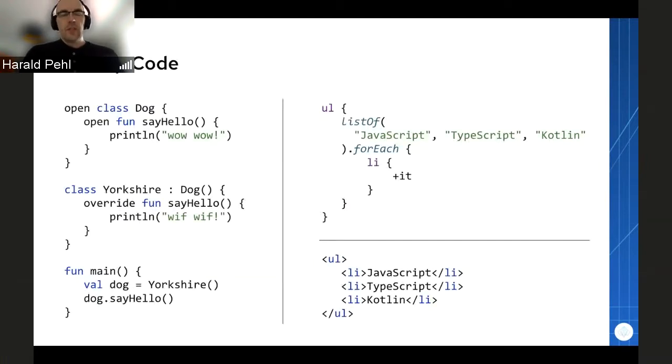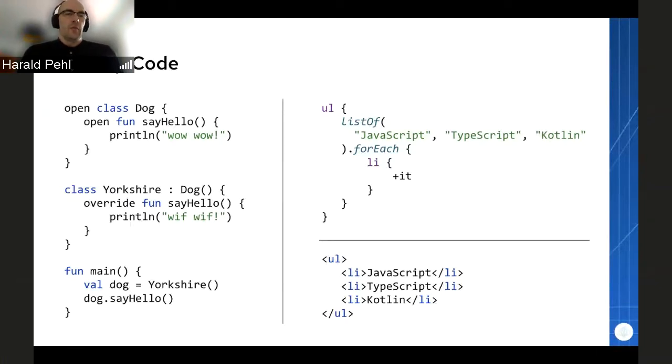Just to put some code on the slide so that you can get an idea what Kotlin looks like, how it behaves and what you can do with it. On the left side, you see you can have some kind of classes. So you have these concepts of types which can inherit one another.